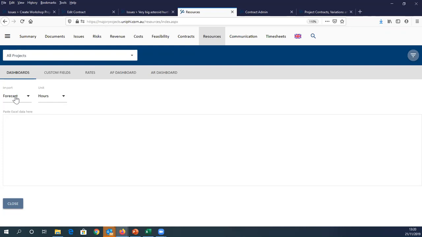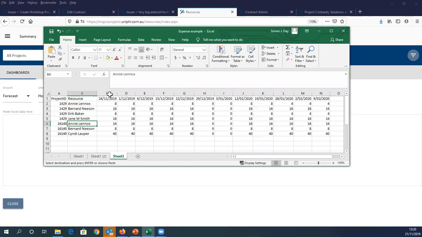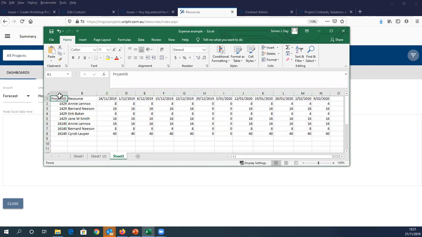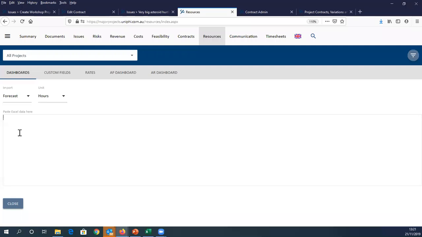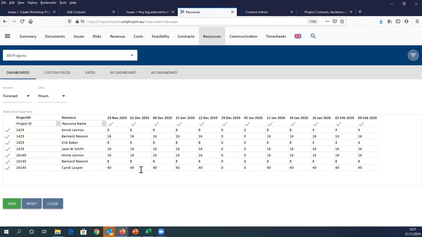So what I get the choice now here is to import forecast or budget. And once again, I've prepared a resource plan earlier. So I've got here in my resource plan what people are doing over the next 12 weeks by project, using project IDs, and by resource, using people's names. So I'm just going to select all of that and Control V to paste that in, and that's all come up fine. It's recognised the mapping of the project ID